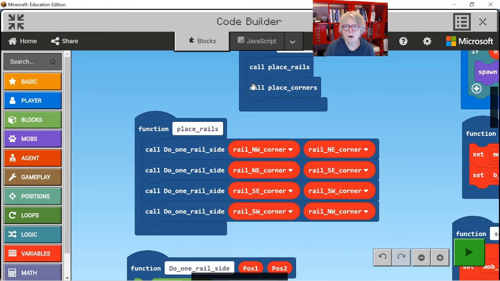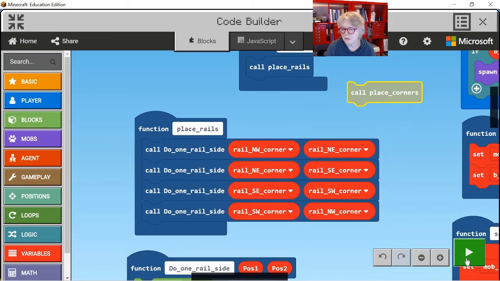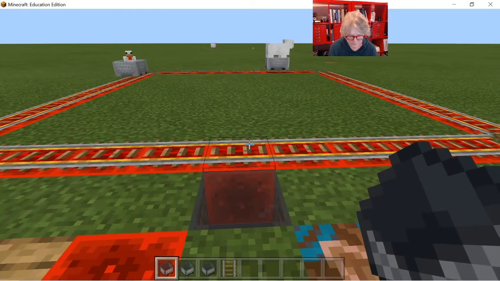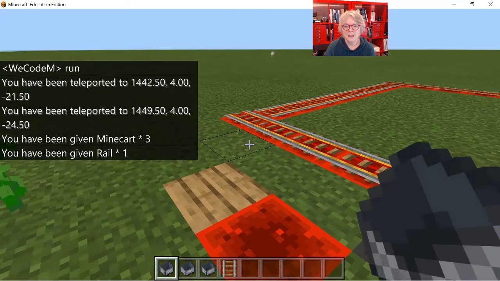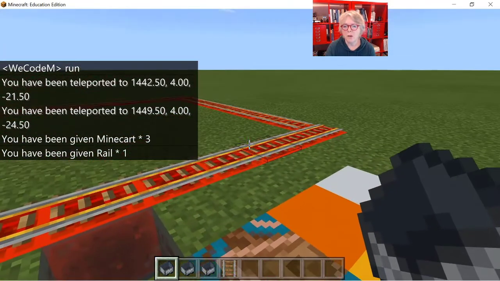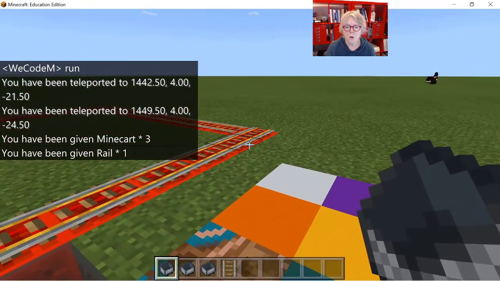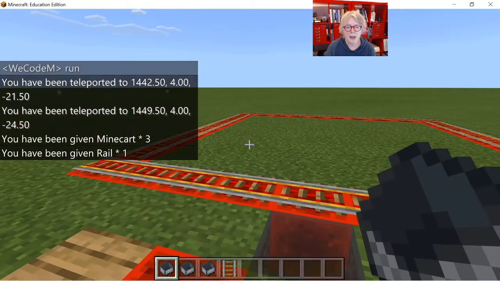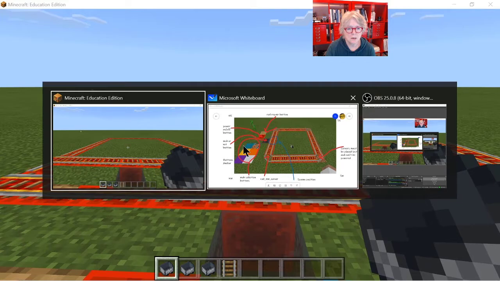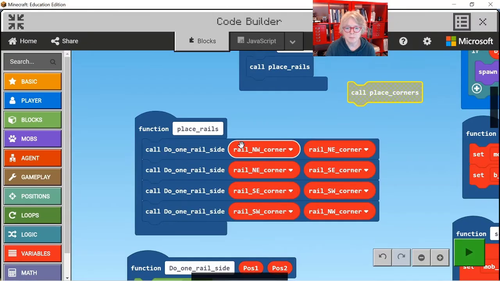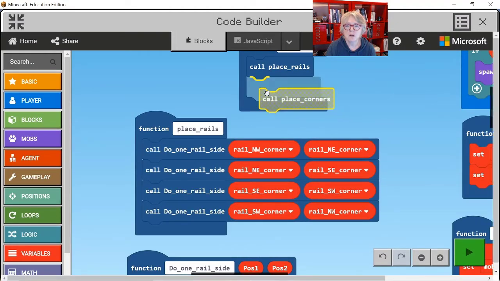Now, what I do is I'm going to not place the corners so you can see how this works. Now see, the rails are built, but there's no curving corner. And so, now if we go back to the code, so that's how you go back to the code. If I put the corners in,